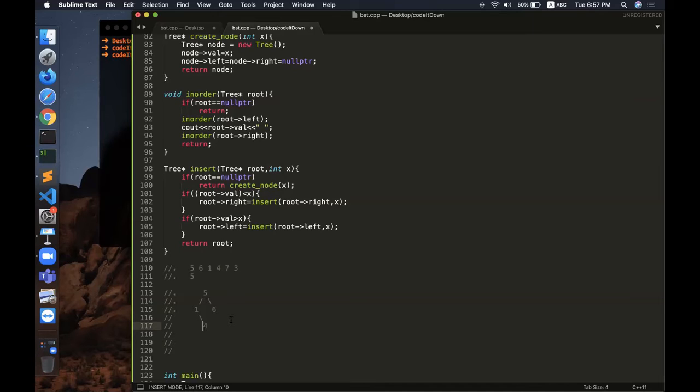Both the left and right children of 6 are null. So I will create a node here. That means the position of nodes is immutable. Exactly, you cannot change the position of nodes once they are inserted. They are immutable.